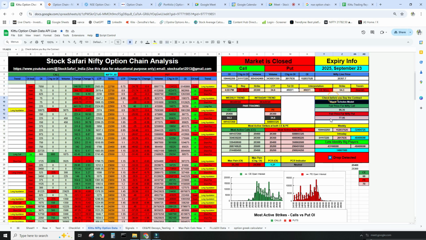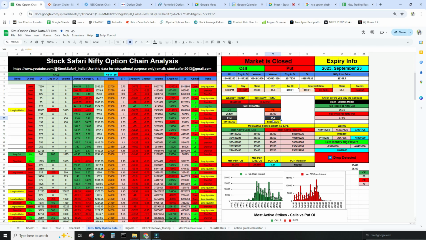Here you can also see the Black-Scholes calculation method, where we calculate the fair price for any contract. If you see the present strike price of 23,300, the LTP was around 34 rupees, but as per the theoretical value it should be 77. I think there is some issue, as today is Saturday or Sunday; maybe on Monday you need to check this data. If the present trading price is around 35, our Black-Scholes method can give up to 40 rupees, because theoretical values are often around the lowest price, and the supply demand ratio,